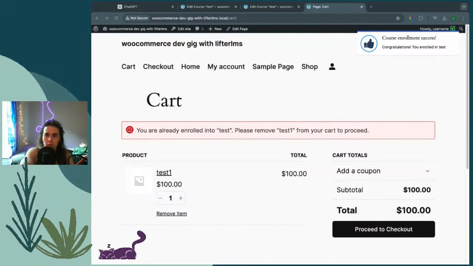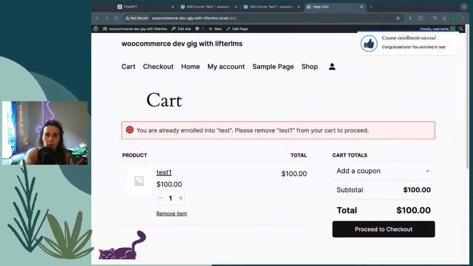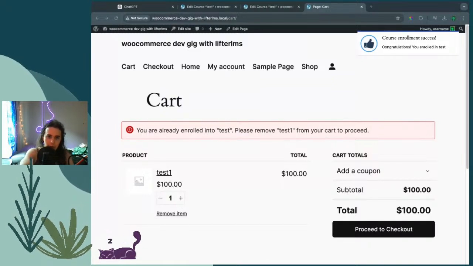I texted the client what the problem was. I guess I didn't write it down. I knew I wrote this down because I knew I would have to do this again in the future. Okay, it's on WooCommerce integration line 748. Includes class LMS integration WooCommerce. So if we go to 748